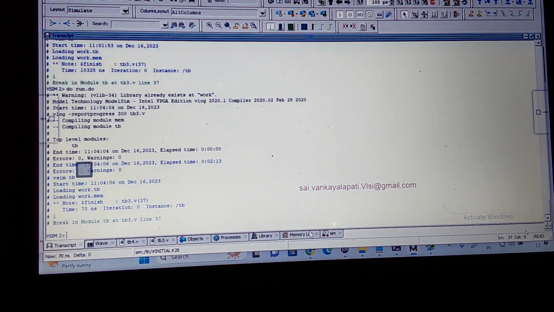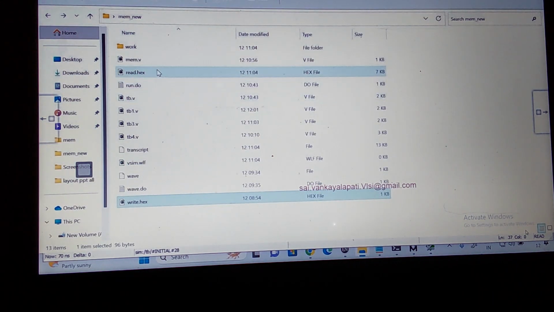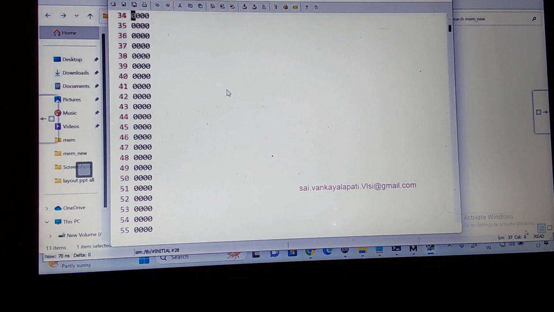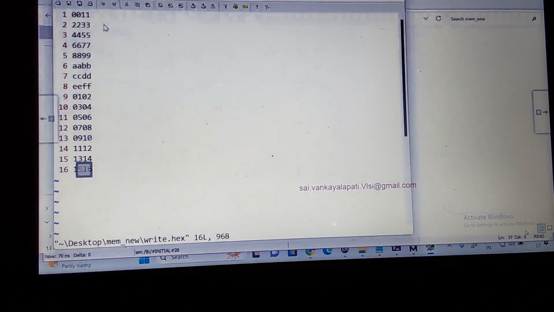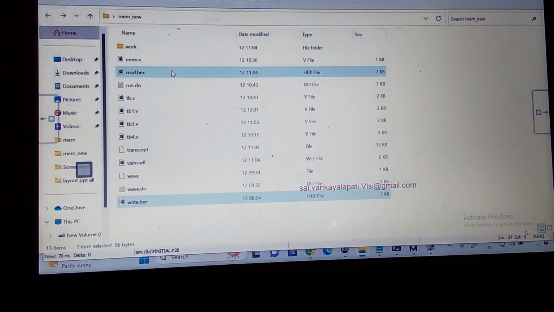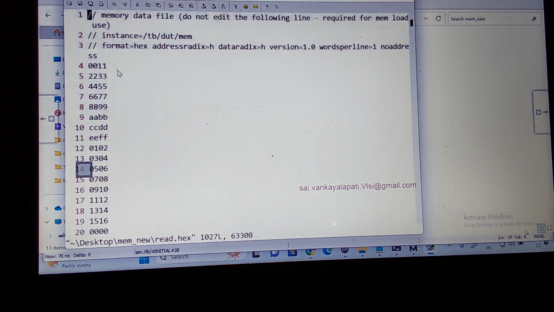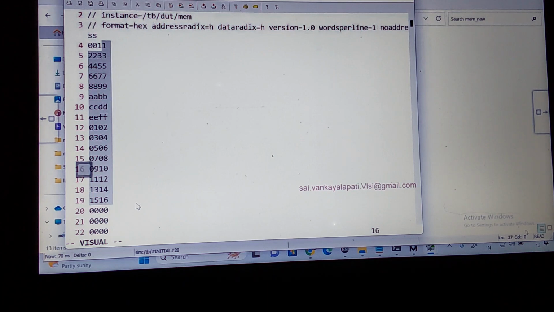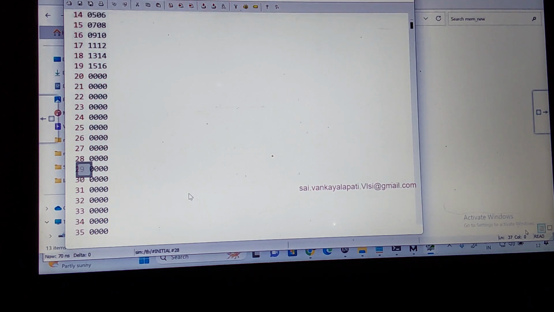Now this is happening. Backdoor read and backdoor read. Since the depth I was given is 1024, it is reading this file, write.txt. This is the content I have in this write.txt. Now I'm reading this into this file, which contains data up to 1024 from my write.txt file. Now backdoor read, backdoor write is happening.